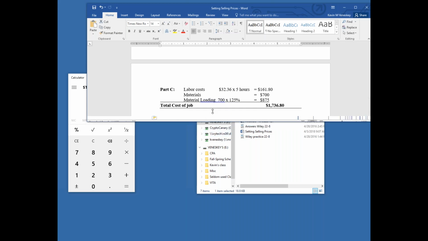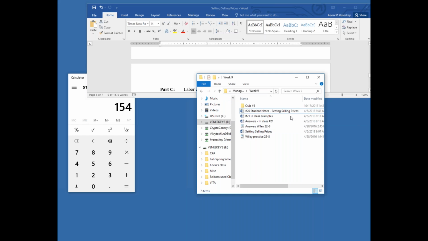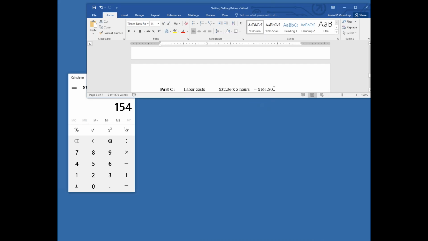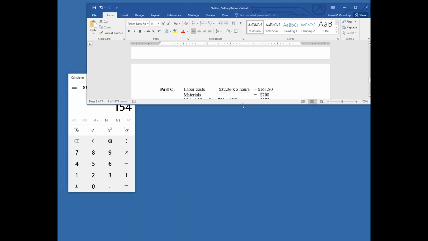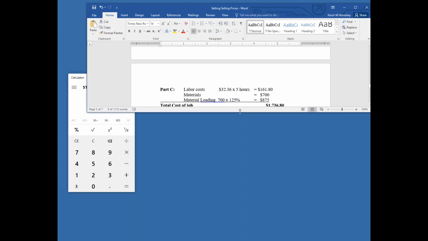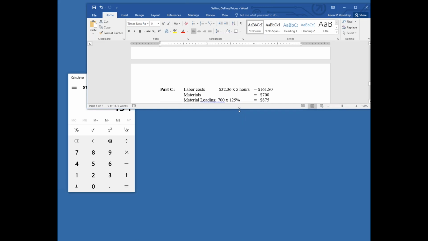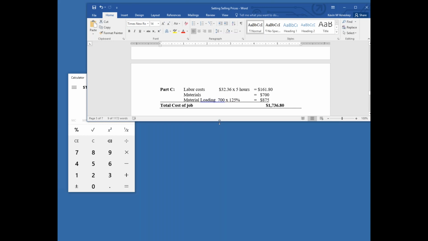So the first part I need to do is the labor. I'm going to charge $161.80 in labor. In materials, not only am I going to charge the $700, of course I'm going to charge that, that's how much the air conditioner costs, but I'm also then going to tack on how much do I need to charge them to cover the overhead. So the 700 times 1.25 gives me an additional $875. So in total, I'm going to charge my customer this